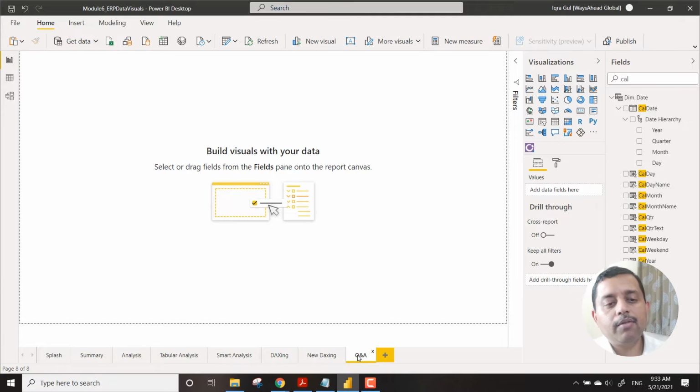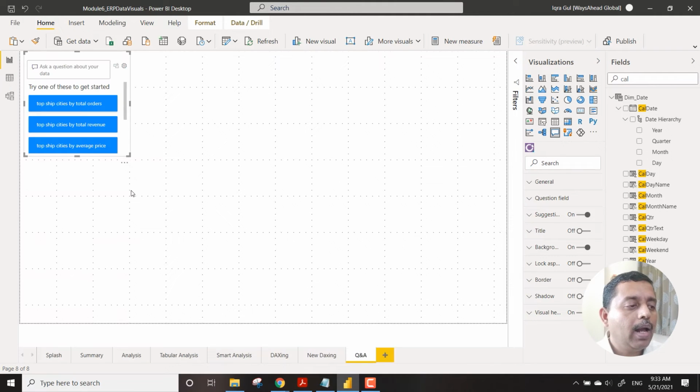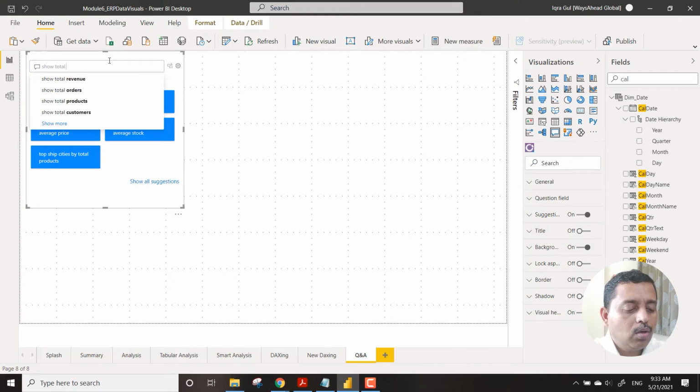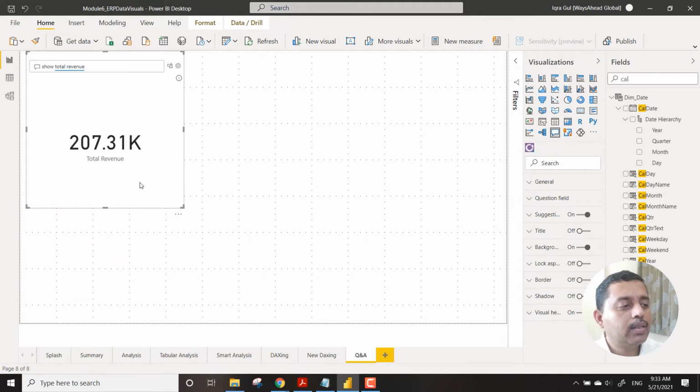Q&A is a feature through which you can bring in a particular visual and ask questions. So here what happens is you go to this option called Q&A, and it appears over here as a visual, and then you can just call it something like this: show total revenue, and you can see that it understands the total revenue and then brings in the data over here.